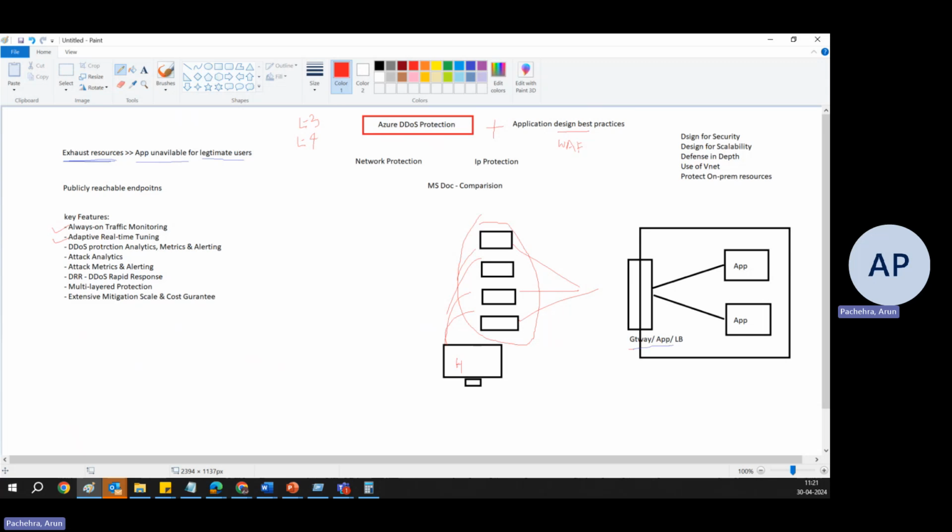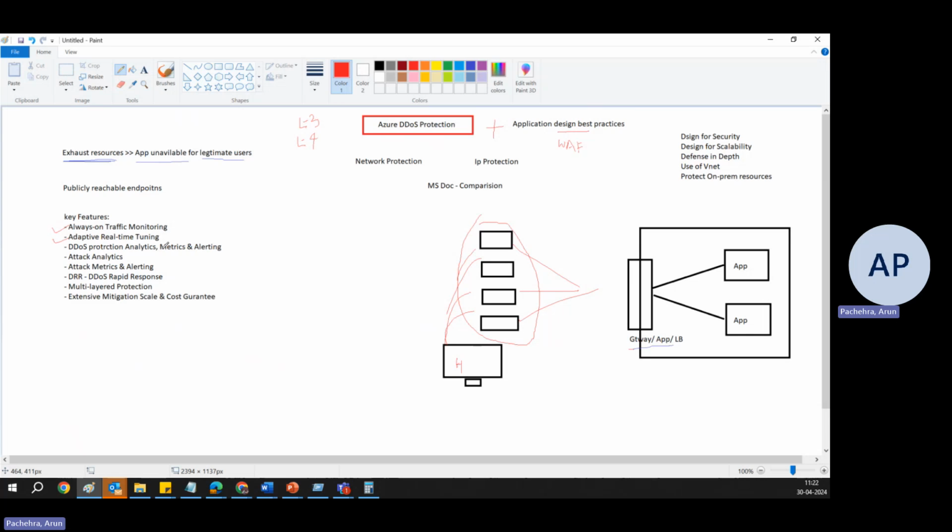Right? Let's suppose for 29 days the DDoS protection is observing, and on the 30th day when the salary comes, or payday comes, it sees unusual traffic and starts blocking it. No, it won't do it. It will learn properly and accordingly apply that adjustment on the policies. So this ensures that the protection measures are always calibrated to the current level of expected traffic, reducing false positives, which is most important. Again, if you're not allowing legitimate users because you are blocking false positives, it doesn't make any sense, right? So that's why